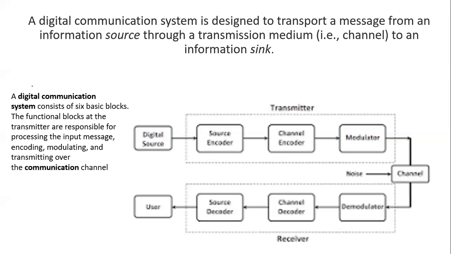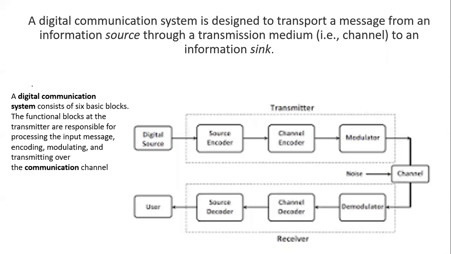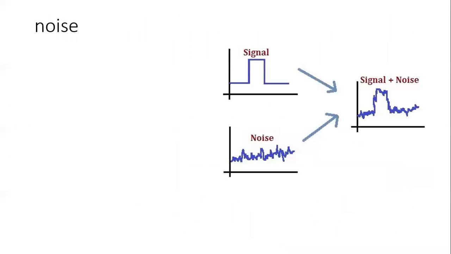Now we will go step by step through each step in the block diagram, and we will move on. Okay, now here we will talk about the noise that gets added into the channel. What happens when noise gets added to the signal? The original quality of the signal gets disrupted. So it's necessary at the demodulator part to have equipment that will reduce the noise.